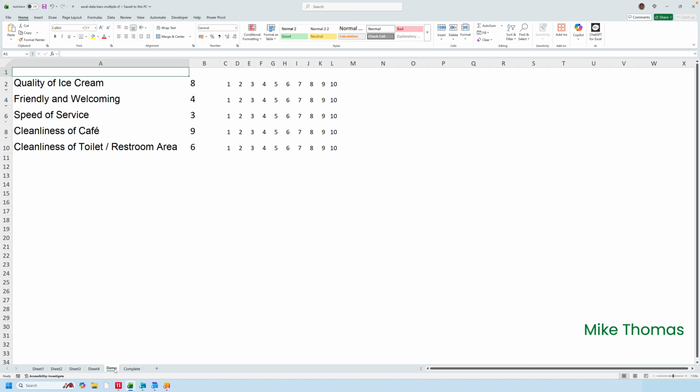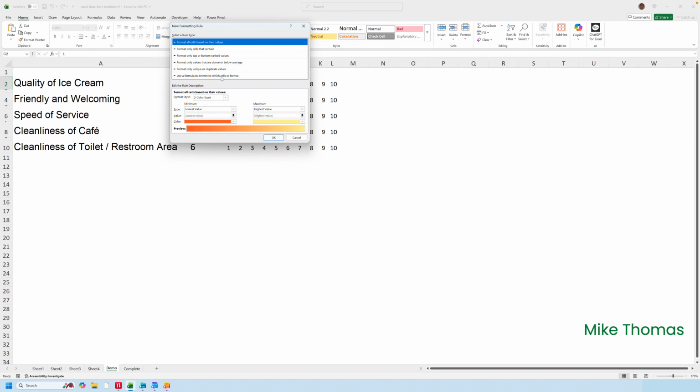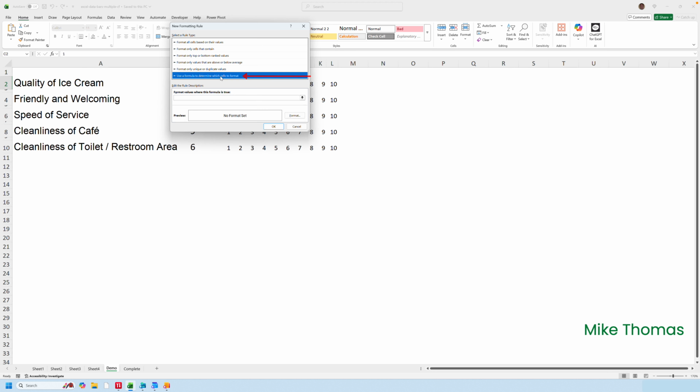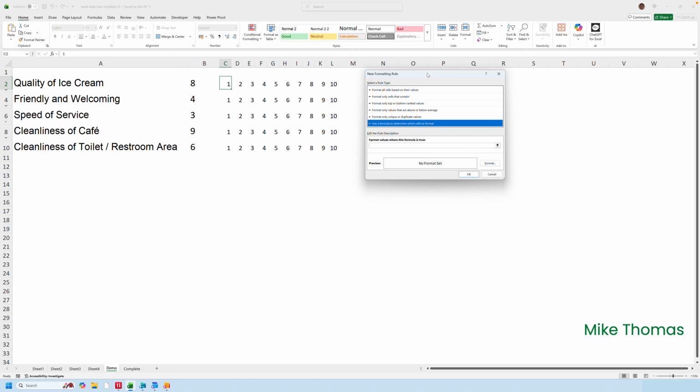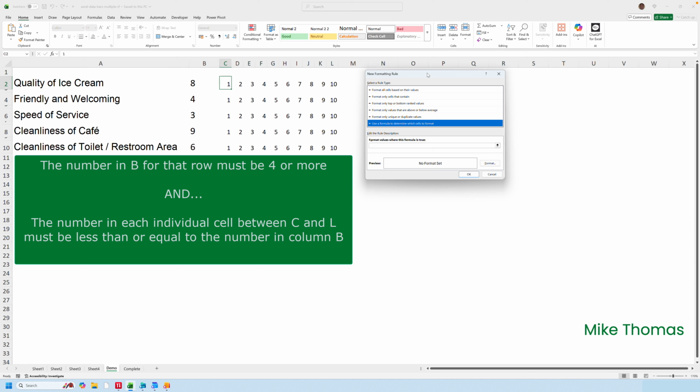So let's do the green background one first. So I'm going to go over to C2 and I'm going to click on the Home tab and then Conditional Formatting and New Rule. And as I said, I want to choose the use a formula to determine which cells to format. To get a green background, the number in B for that row must be 4 or more, and the number in each individual cell between C and L must be less than or equal to the number in